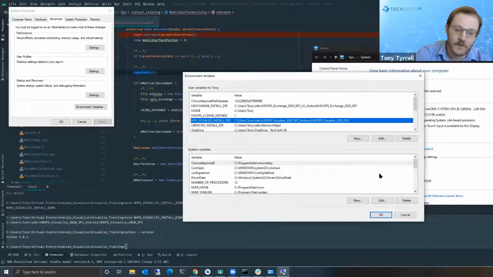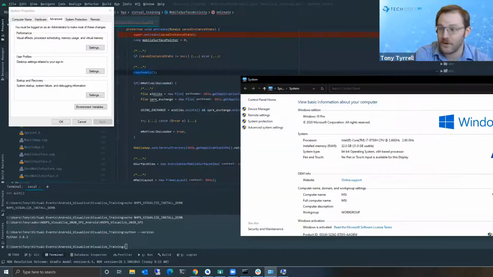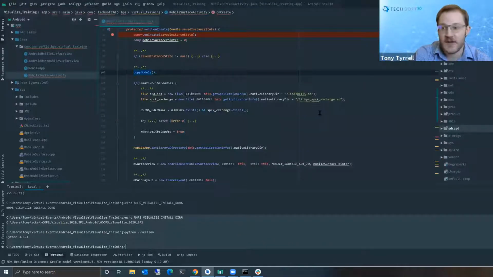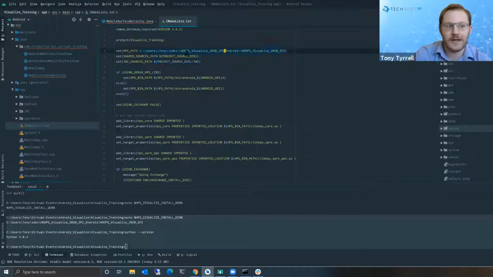Alternatively, if you don't want to set the environment variable, because Windows is kind of a pain, and sometimes you have to even restart your computer to get Android Studio to pick up the new variable. Inside of your solution, or inside of the project, if you navigate into the C++ file, there's a CMakeLists.txt. And if you look there on line 5, I think I have this changed just to show it, but